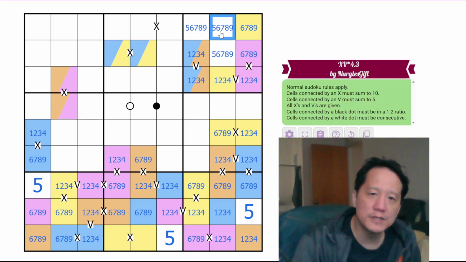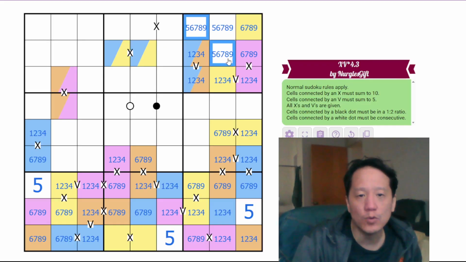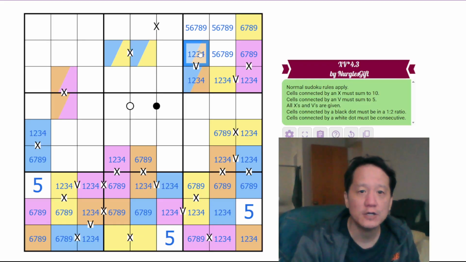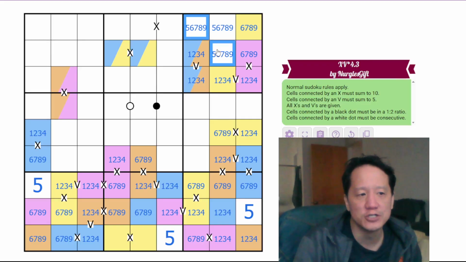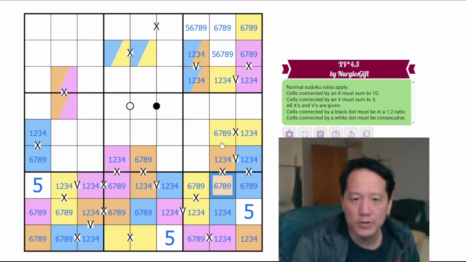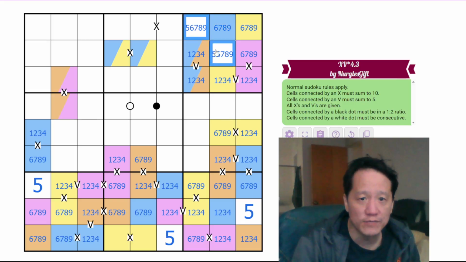Okay. Can this ever be 5? And the answer to that is no. Because if this were 5, the problem is both high blue and orange would be these two cells. But this is guaranteed to be one of low blue or orange, so it would have to have a relationship that adds up to 10 with one of these two cells if this were 5. So therefore, this cannot be 5. It cannot be orange, it cannot be yellow, it cannot be pink, so this is high blue here, which means one of these is high orange. Cannot be here because of high orange in the column, so this must be high orange here, and this must